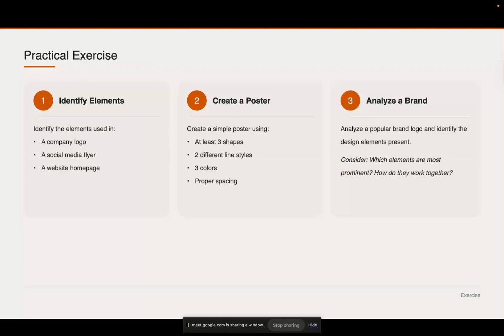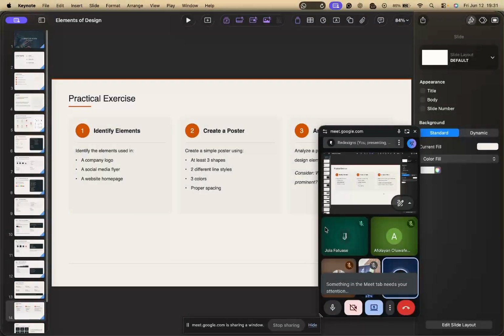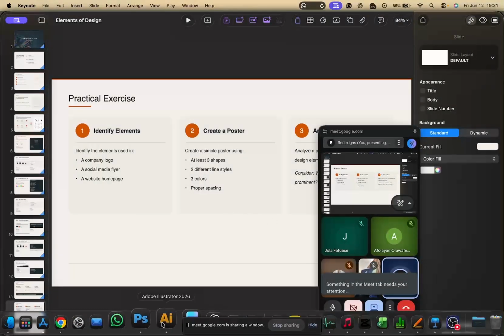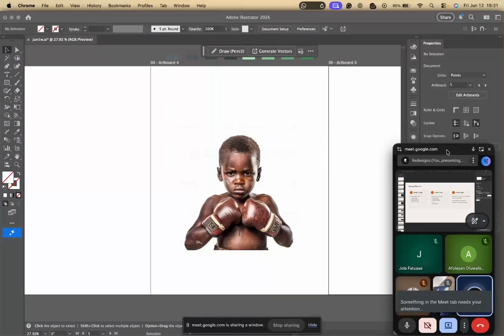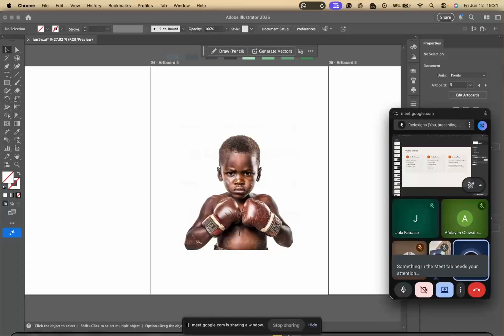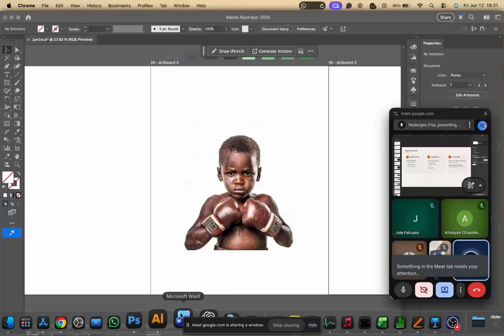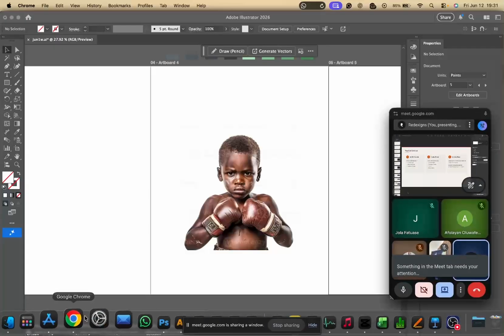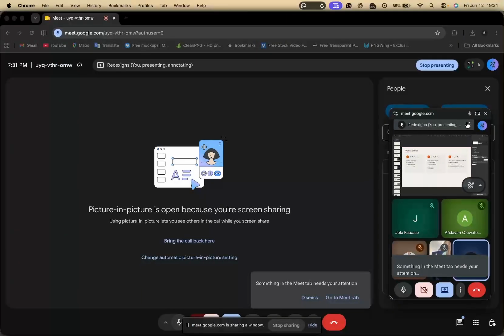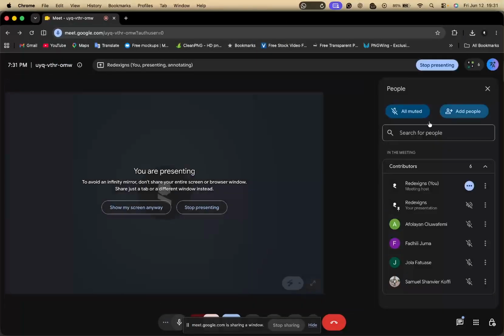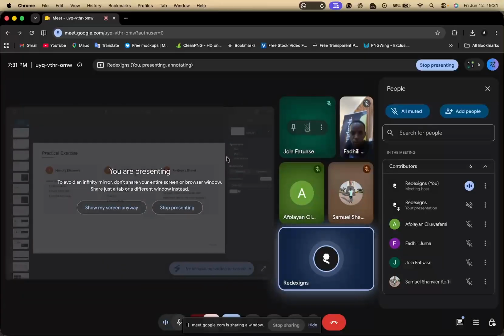Now we're going to go into a practical example. We are going to create a poster using Adobe Illustrator. Now most times I get a question and I'm asked, why do I use Adobe Illustrator? Why don't I use Photoshop or other design software? I will say that it is more flexible. It is more manual actually. It's very manual to use